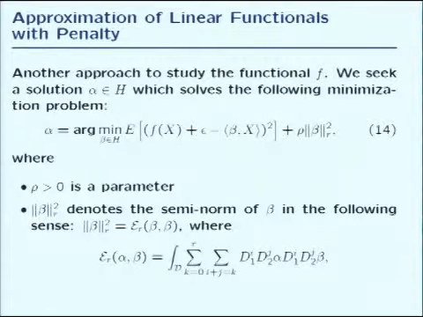Now if you have a penalty, and you want to solve this problem with penalty, the choice of penalty is a problem, sure, for the parameter here. What is this notation for? It denotes the semi-norm of beta up to R. So that's the notation. Here you have the partial derivatives up to some order.